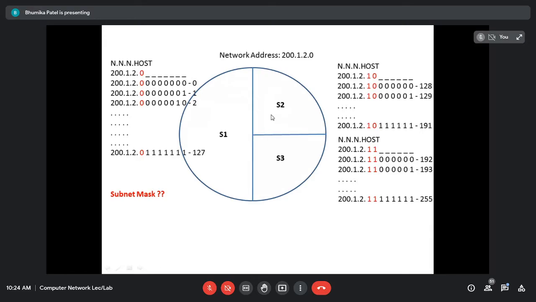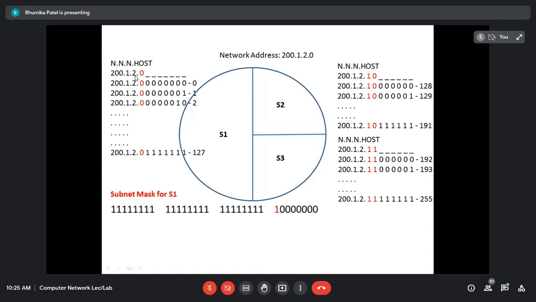So for this network, where the number of IP addresses is different in each subnet, there will be 2 subnet masks. Instead of 1, there will be 2 subnet masks. How? For the first one, we have chosen only 1 bit for the subnet, that is 0. અહીંયા ખાલી આપણે એક જ bit use કર્યું છે for subnet 1, whereas in subnet 2 and subnet 3 we have chosen 2 bits, that is 1 0 and 1 1. So for 2 and 3 we are going to have a different subnet mask from the one for subnet 1.